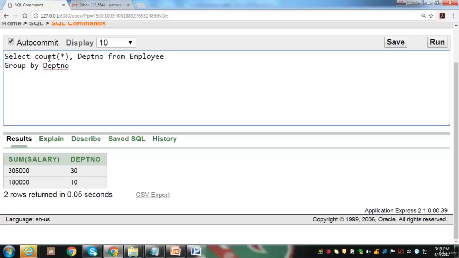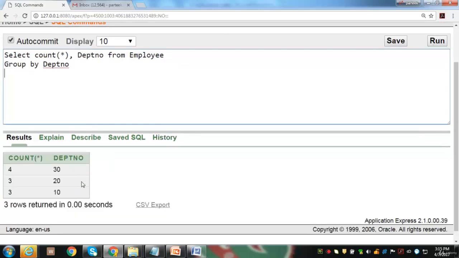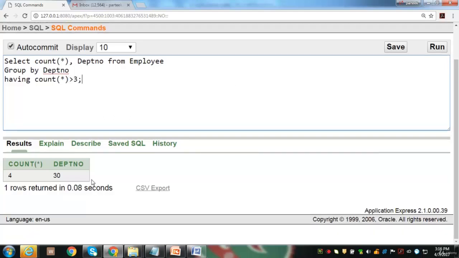We can also find out total number of employees working in each department by using this query as shown here. But in this case, I am only interested in those departments where more than 3 employees are working, and in order to do that, I have to introduce having clause as shown here. In this case, 2 groups has been removed and it only shows a group of department number 30 which qualify